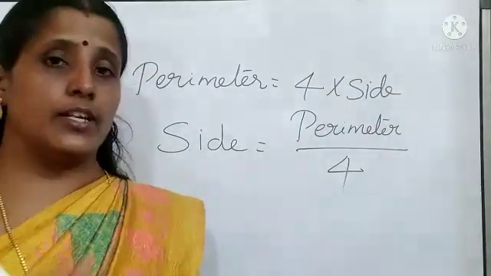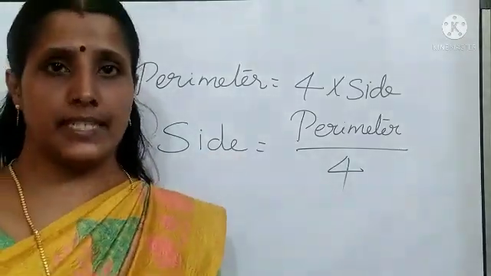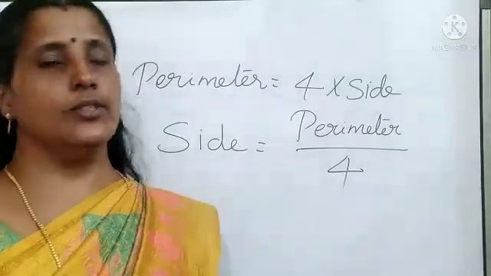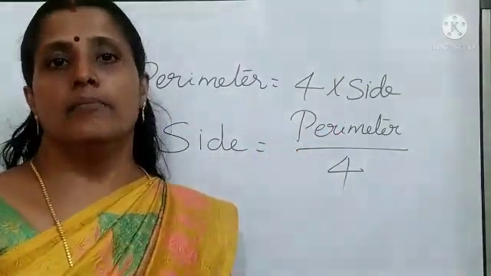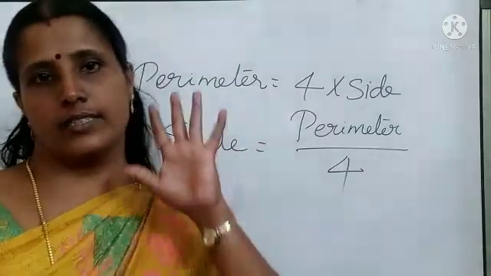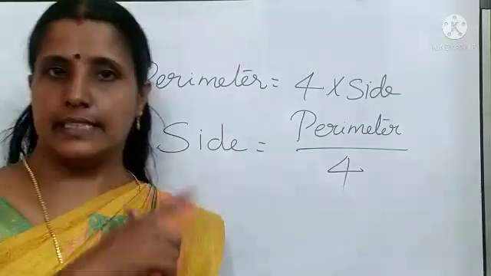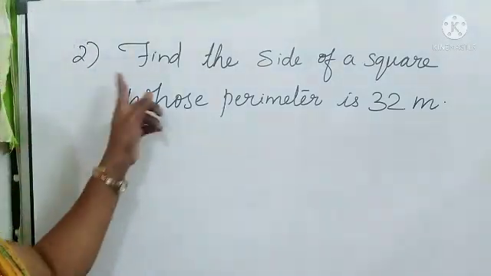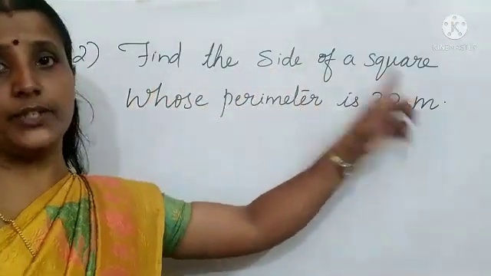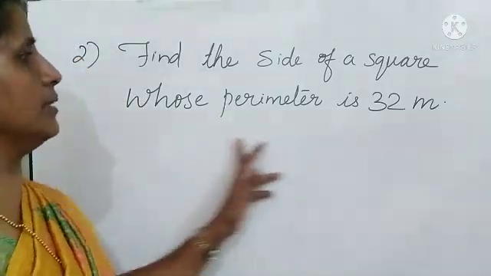Understand? How can we find out the side of a given square when the perimeter is given? At that time we have to divide the perimeter by 4. We get the measurement of one side. Understand? So based on this, how can we do the calculation? Let's see the next question. Find the side of a square. We need to find out the side of a square, but in the given question the perimeter is